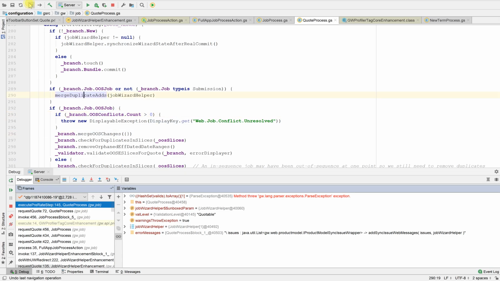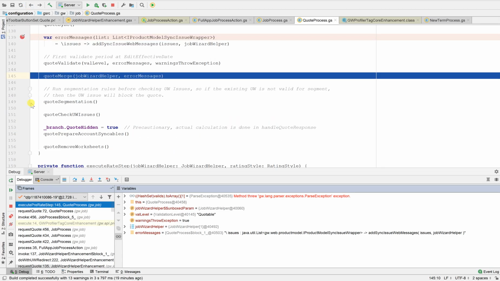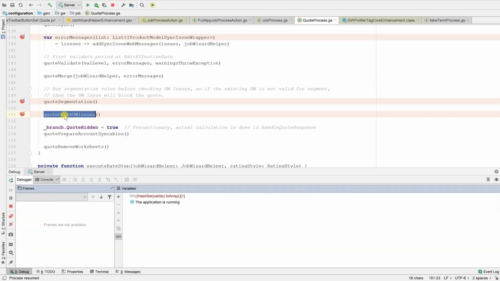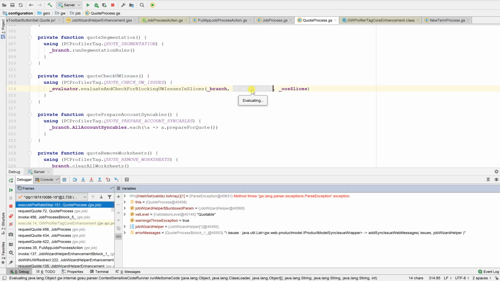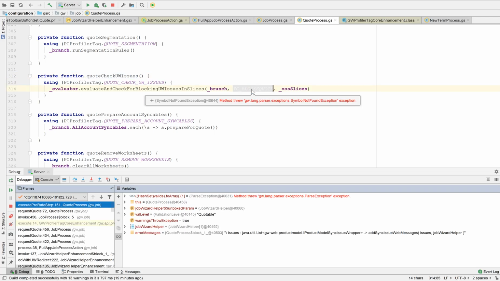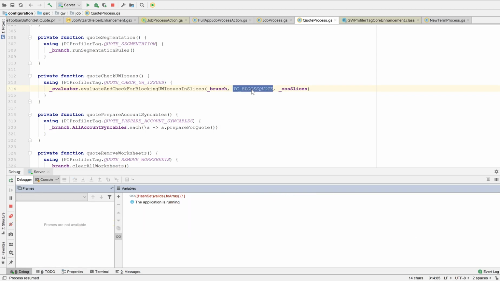Once it is done, I'm just going back: quote merge, and then quote segmentation and UW rules, everything. So first we are doing validations and then quote merge, and then we are triggering UW rules. So UW rules, we are evaluating with respect to blocks quote, whatever is required for blocking quote, right? UW rules, so those will be triggered. Then I click on F8